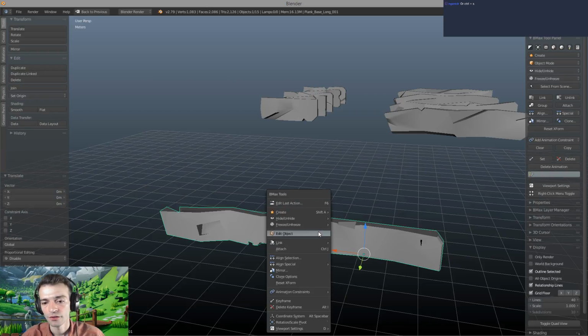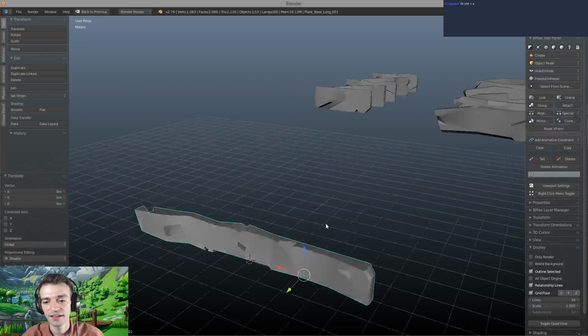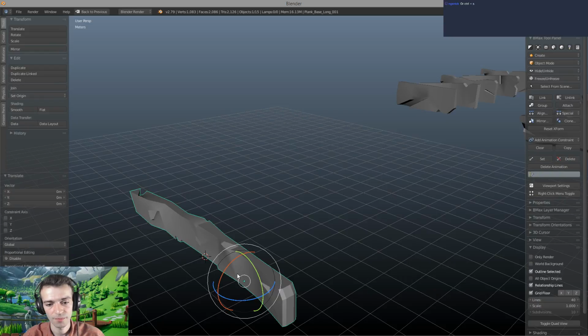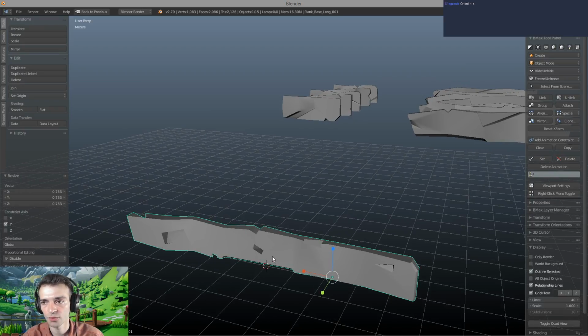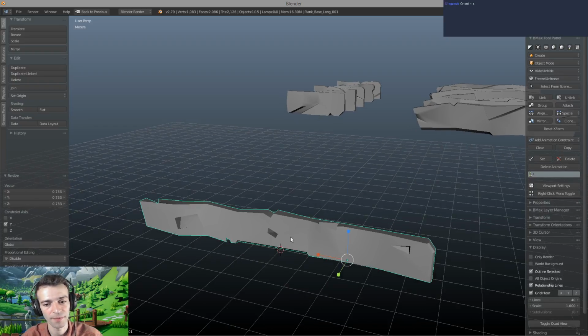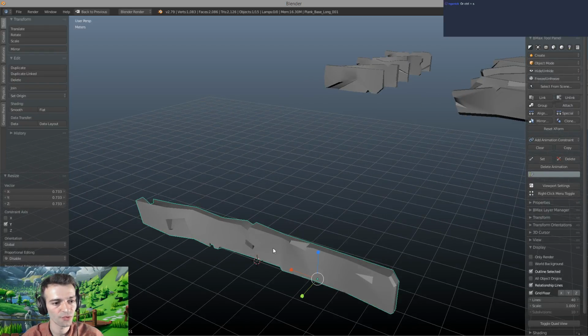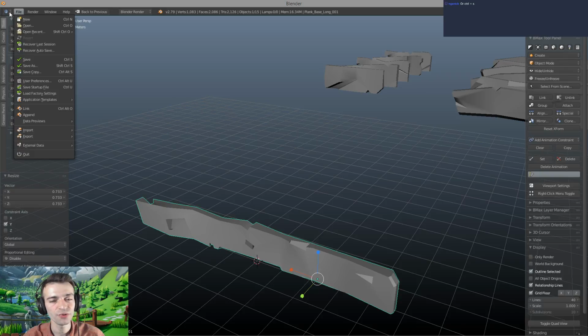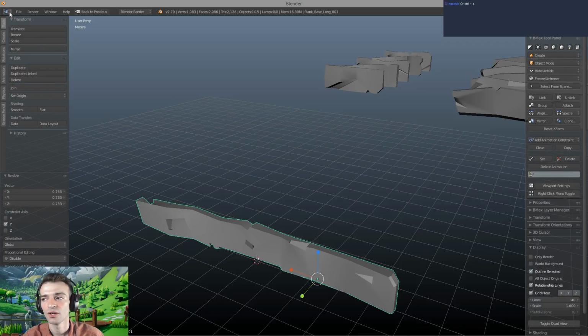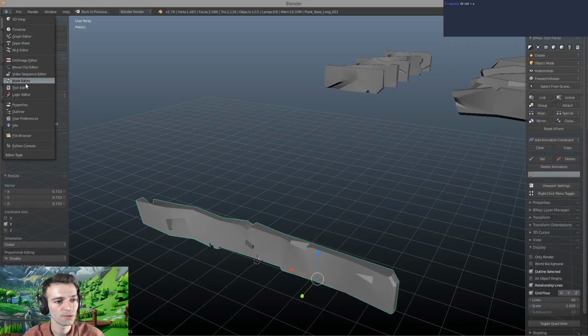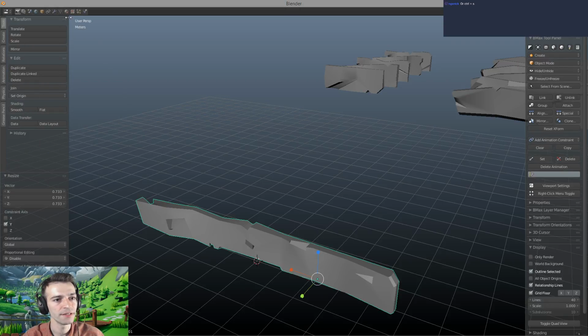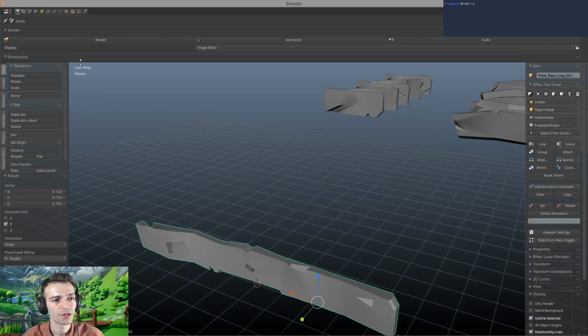Okay, so we did say we want it to be a bit slimmer. There we go, like this. And we did also say we want to fix that warning message we get in Unreal. So for that, we have to generate UV coordinates. And how do we do that? Well, somewhere in properties, if we go,